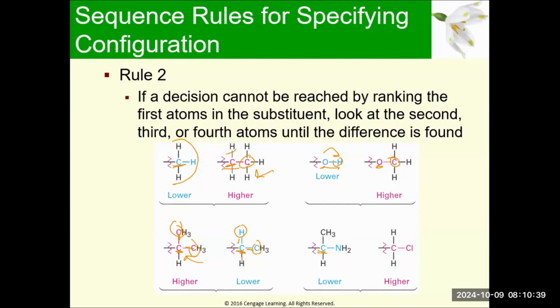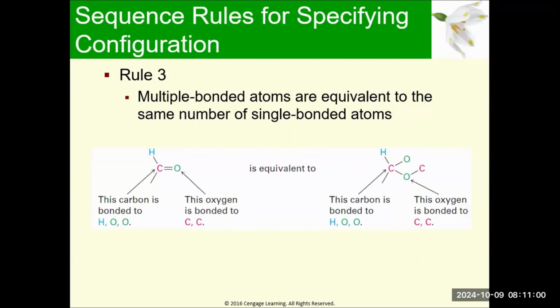Lastly, if I have a carbon, that's the same. If I go out to this, I have a nitrogen, which is the next biggest thing. This carbon is bonded to a chlorine. Chlorine has a higher atomic number. Therefore, this would ultimately have a higher priority. All right, so